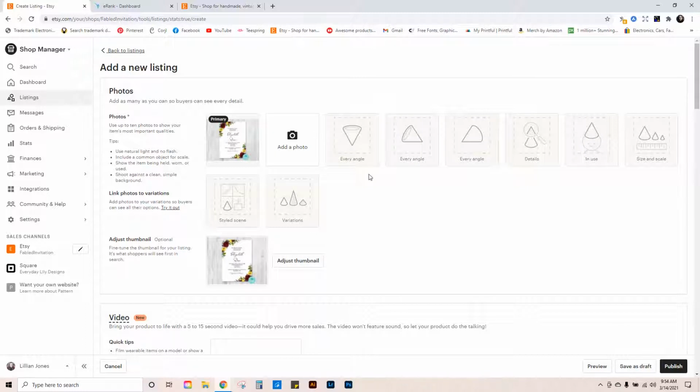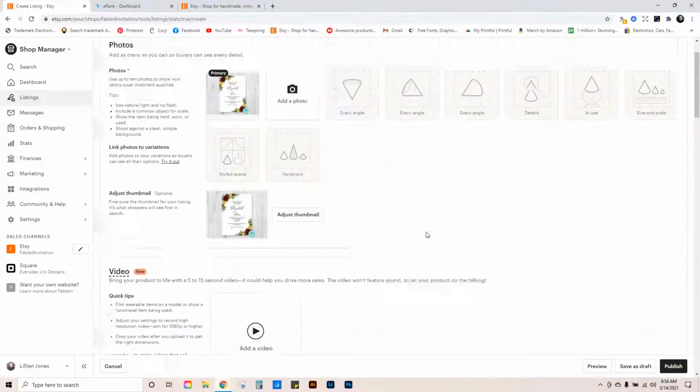It's very important to put as many photos as you can in here, not just to fill up the slots with the same photos, but a lot of times people do not read descriptions, and if they're not reading descriptions, they're just flipping through the photos and then they're going to purchase. So anything that is particularly important, like something that they have to know before they purchase, make sure you put it in your photos, and that way it also covers you. And then I usually also repeat that information in the description as well, just to cover your butt with Etsy in case something happens. So once you've got your photo in,